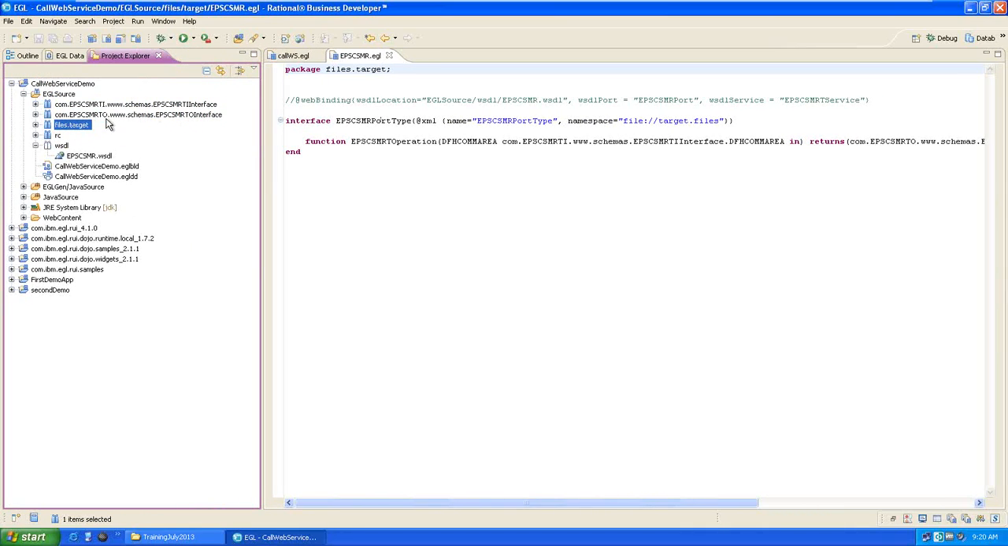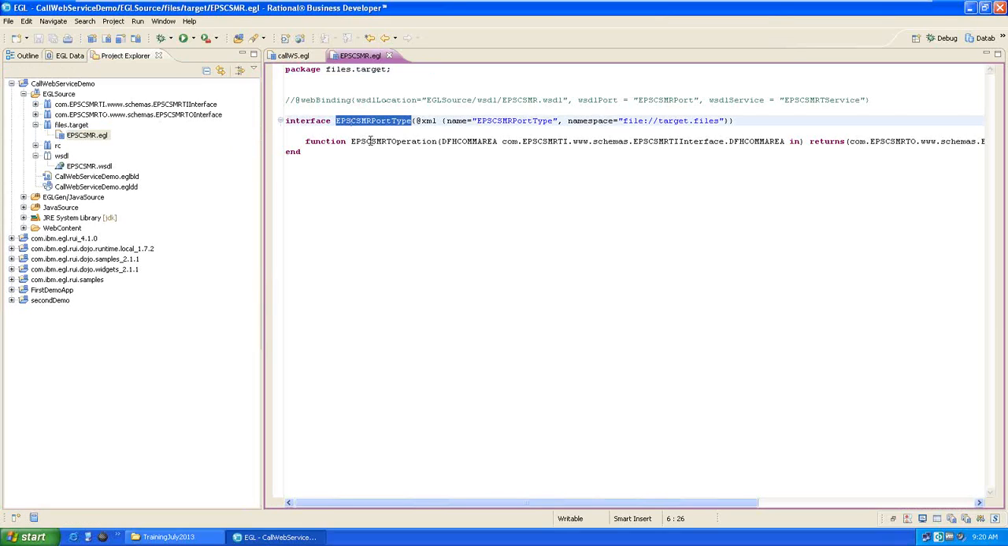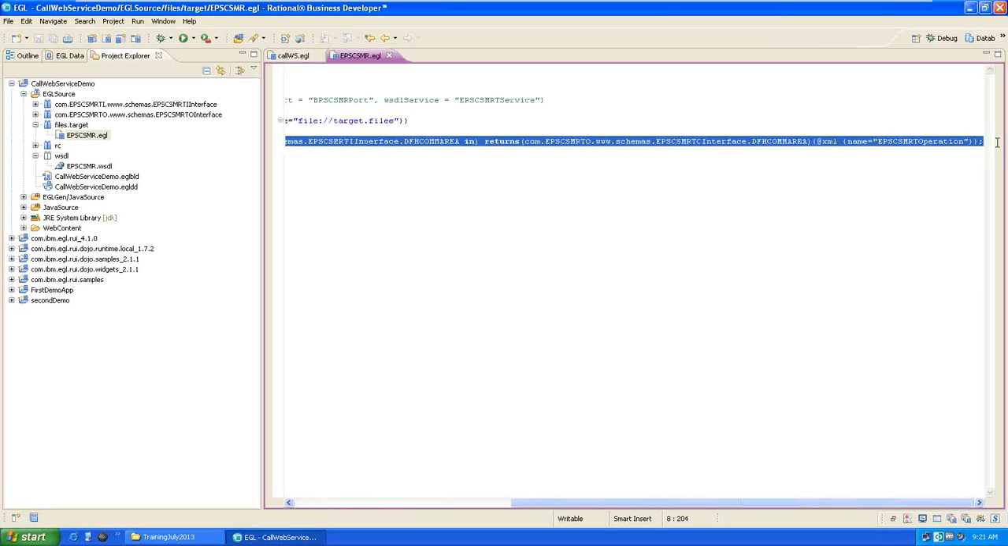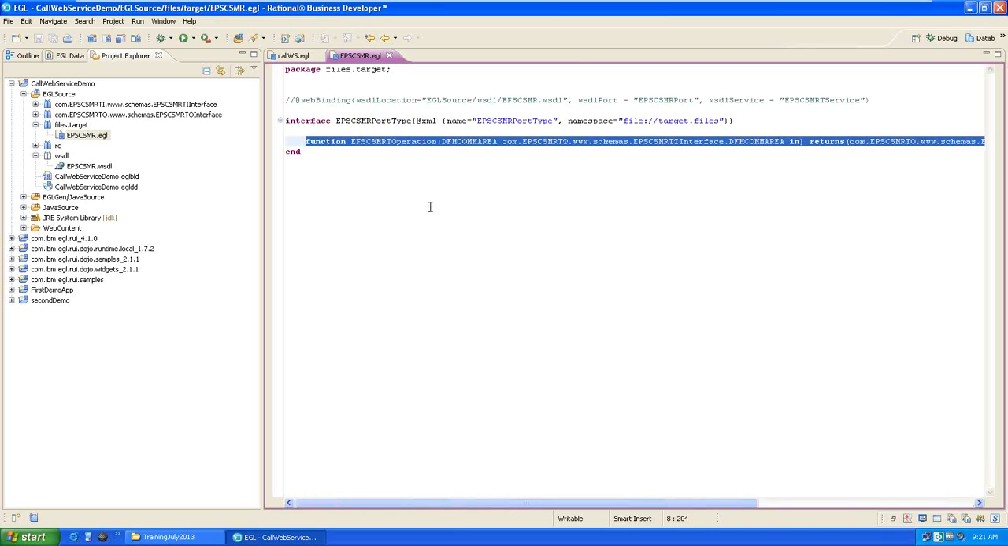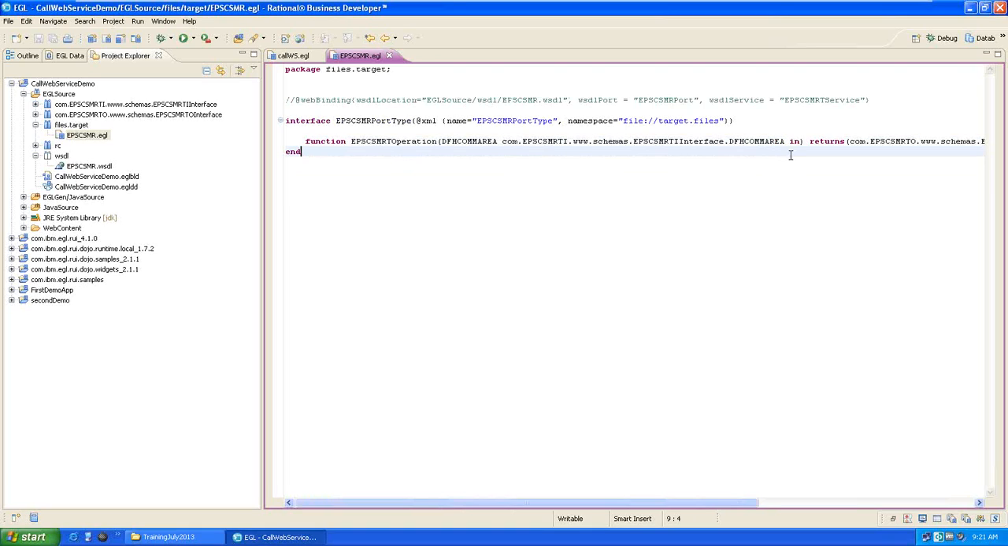1, 2, 3. And here we have this package. In this package we have this file, and it contains this interface name. And this interface is the one that we need to use. Inside this is the function that we have to call. The function name is this one, and it's taking this parameter, an in parameter,